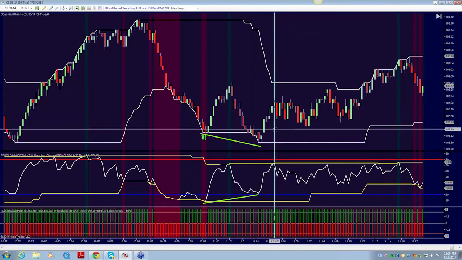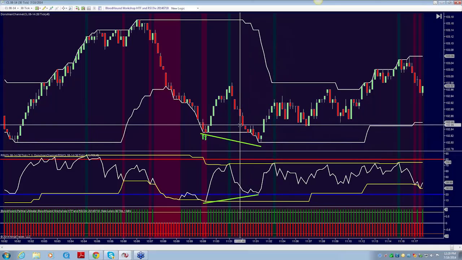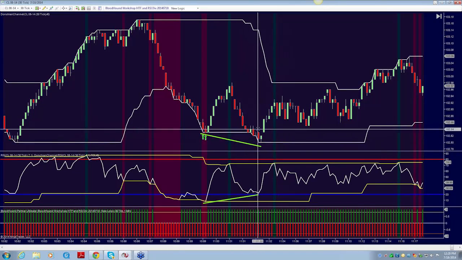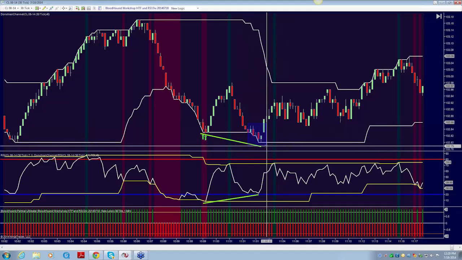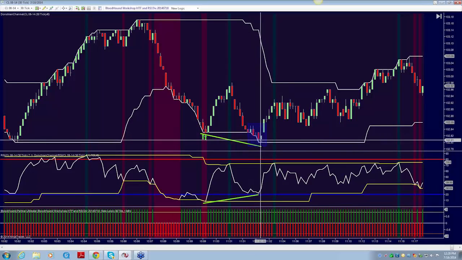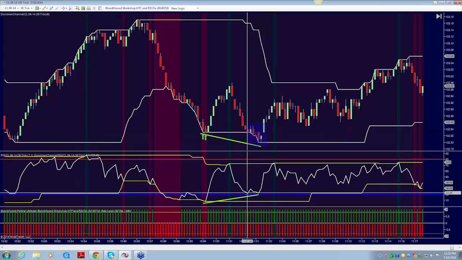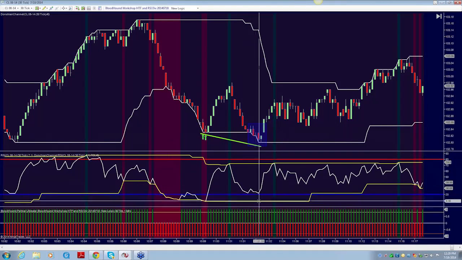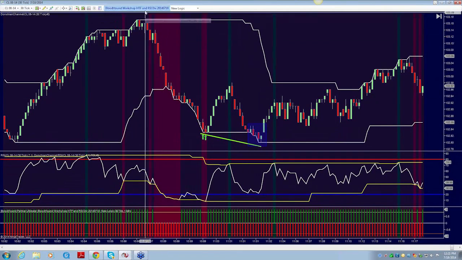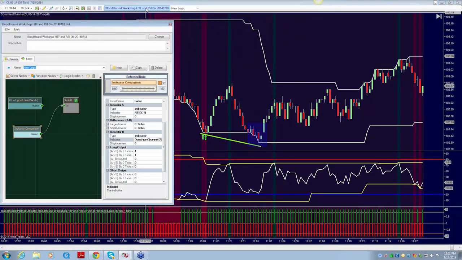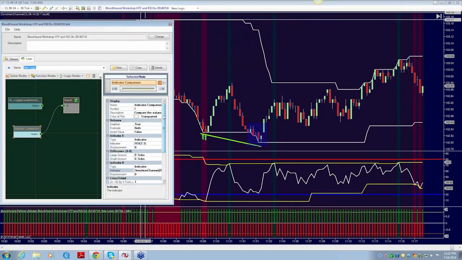Right? I know this can be confusing when you're talking about both long and short conditions at the same time. But let's just focus in on this point right here. All right, the low of the bars are touching the lower Donchian channel. The RSI is not touching the lower Donchian. So now we need to add in another condition using this RSI to the Donchian channel condition, and I'm going to show you that now. So this is RSI above or below upper lower Donchian